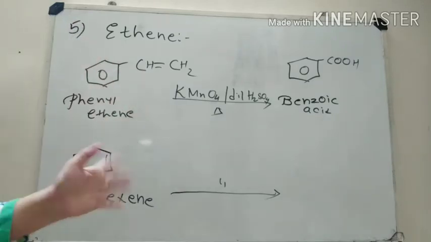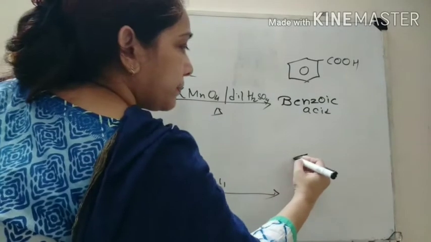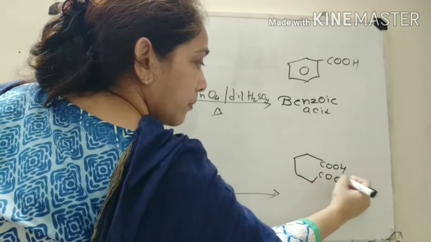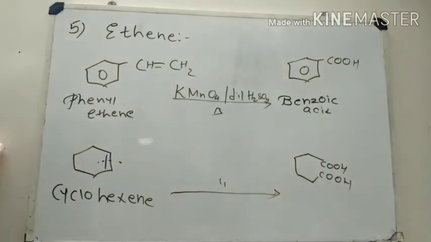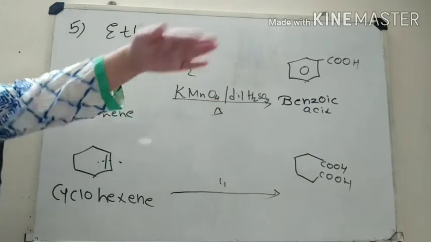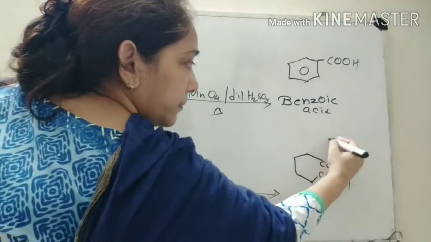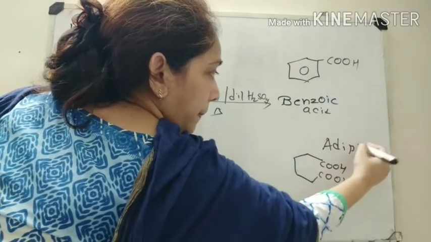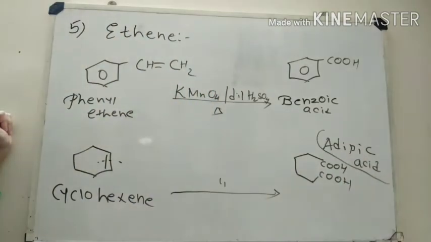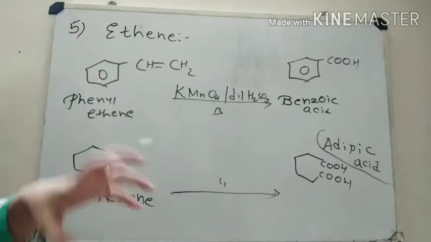Now in this case we are not getting benzoic acid, but this bond will break, and we are getting a dicarboxylic acid, with COOH. This bond breaks, one COOH on the upper side, second COOH on the other side, and it is known as adipic acid. Some 2-3 years back, the board question was to draw the structure